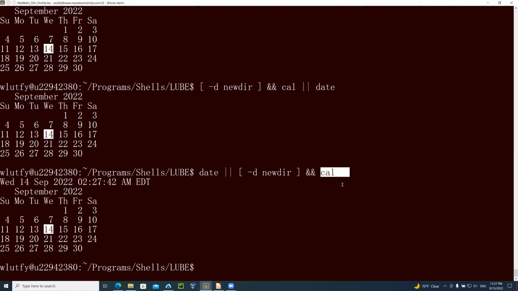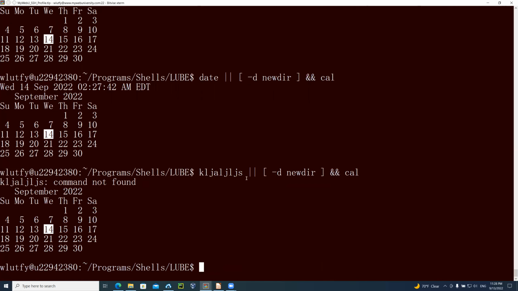Okay. And the or statement is there, but I'm going to just have this command say something that is garbage. It's not true. Notice that the or statement is still short circuit because this one was not true, but this one is going to execute. So if I just do something like this,